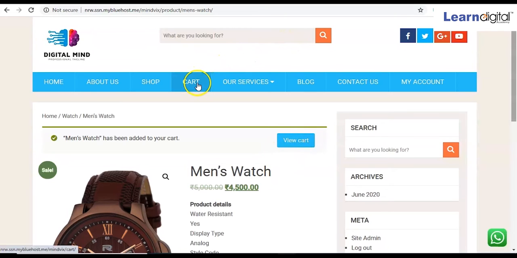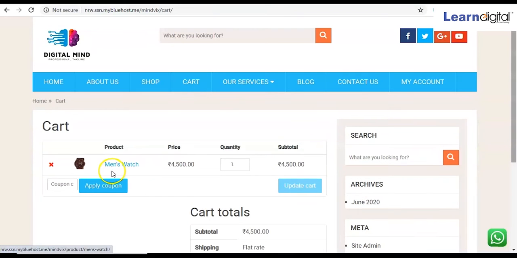If I come to the cart option in the cart page, I can see whatever items I have selected. I have selected the item, but I have not placed an order, right? Definitely I'll be placing an order, but before that, I want to apply a coupon as well.